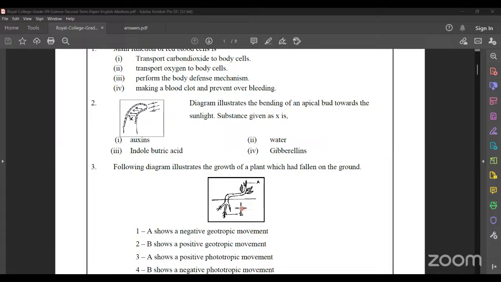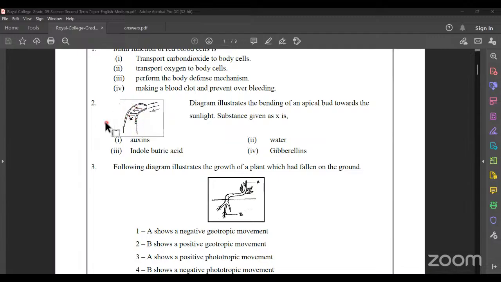So in a plant, auxin is produced in the tips of the shoots and roots, and they promote cell elongation. Now I mentioned 3 functions of auxin. Auxin promotes growth of a plant, and they are produced in the tips of shoots and roots. They promote cell elongation. So here in this picture, when sunlight reaches the tip of this shoot, auxin